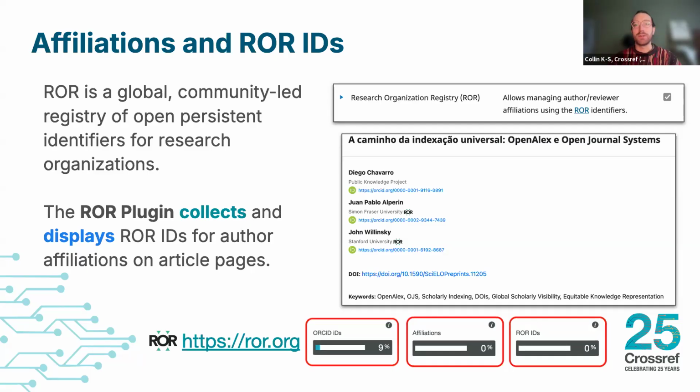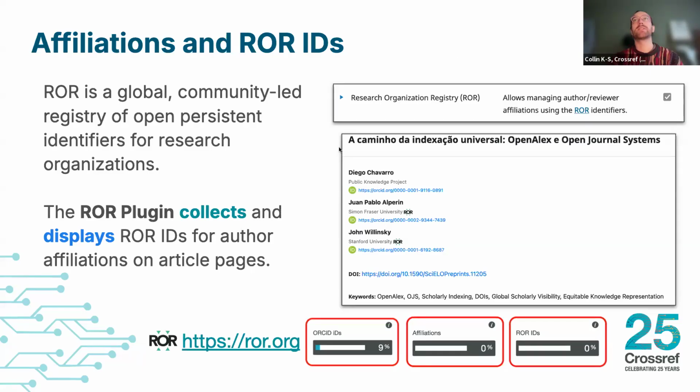And in some papers, authors will say that they are with the University of Santiago, or in another paper, they may say they're with the Universidad de Santiago. And so having the ROR ID attached to each of those affiliations for that same university helps systems know that the University of Santiago is the same as the Universidad de Santiago, and it allows better tracking for those institutions. It helps them better understand the research outputs of the authors that they're funding.